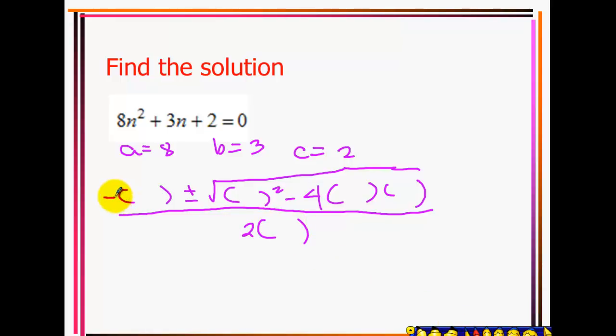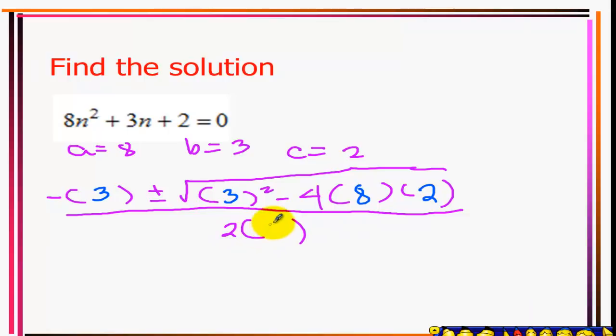Alright, let's plug in negative b, or b is equal to 3, b squared, so 3 squared minus 4 times a, which is 8, c equals 2, and then 2 times a is equal to 8. So negative of 3 is negative 3 plus and minus, that's 9 minus, well, 4 times 8 will get 32 times 2 will give us 64